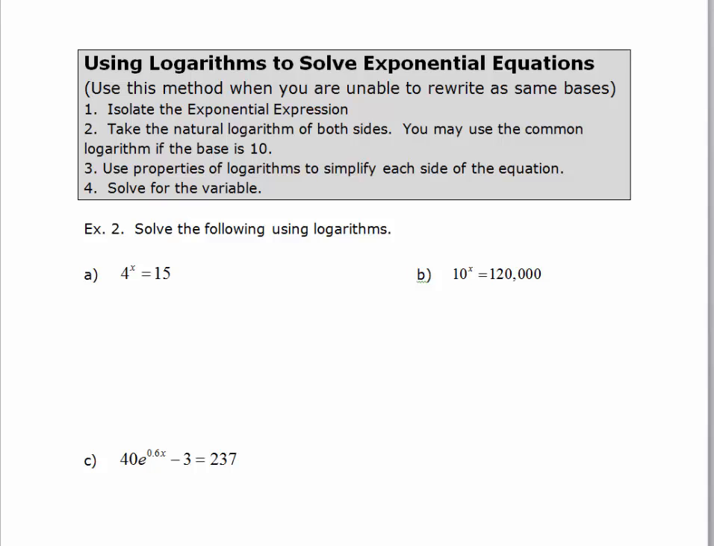We just solved exponential equations by rewriting each side with the same base. But what happens if you can't do that? In other words, it's impossible to write 4 and 15 with some integer base. And so we're going to use a different tool, and we're going to use one of the properties of logarithms